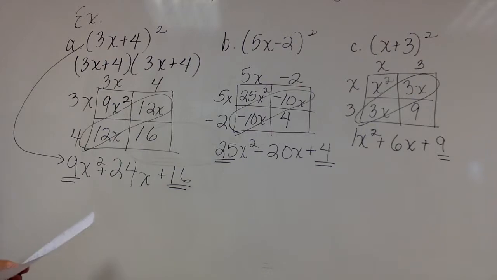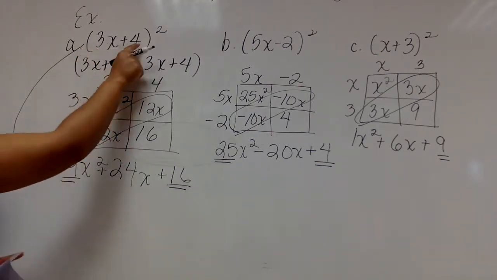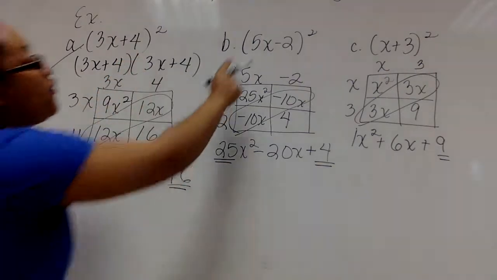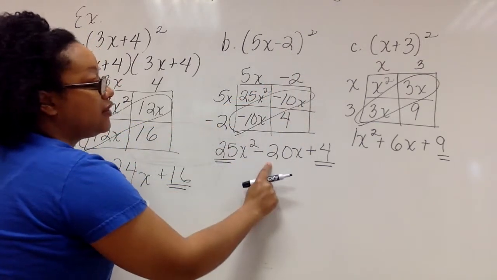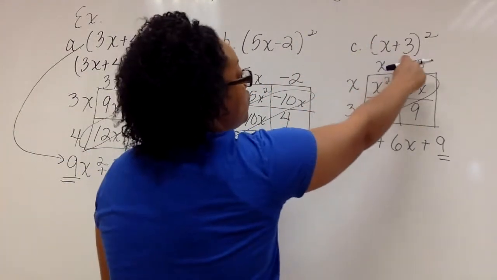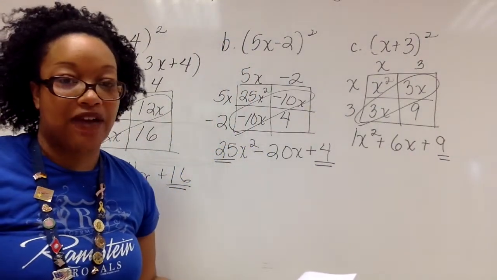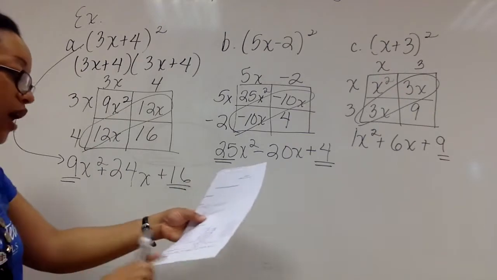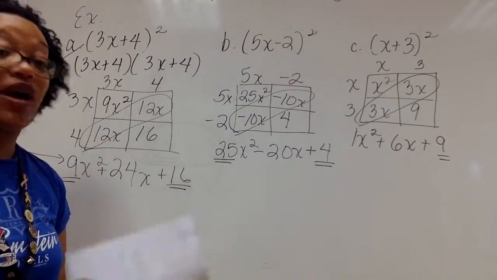Then your middle term is just what you have doubled. If I have 3 times 4, that's 12, double it, there's your 24. 5 times negative 2 is negative 10, double it is negative 20. 1 times 3 is 3, double it, it's 6. That's the pattern. So I'm going to stop the video because I got to my 5 minutes. We'll write down what the pattern is so you have it formally, and then I'm going to show you another